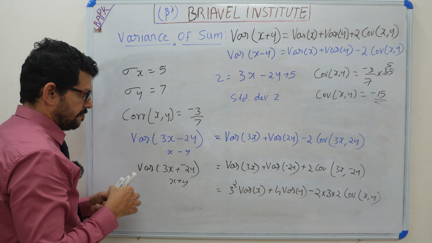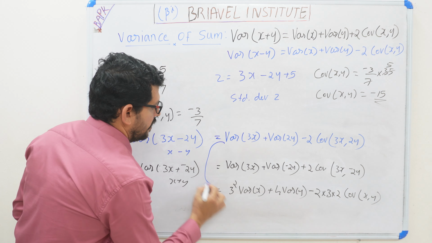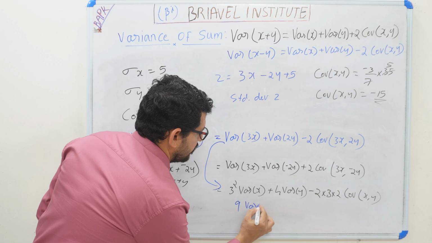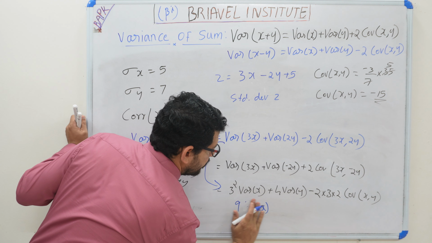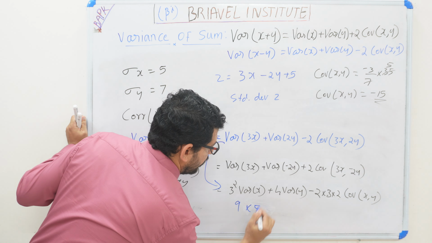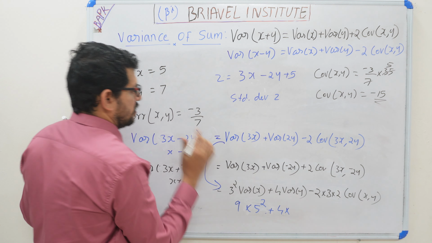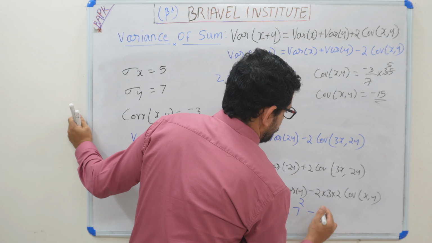So we have modified this formula: 9 variance of x, which is 9 into 5 square, plus 4 multiplied with the variance of y, which is 7 square, minus 12